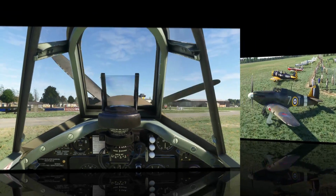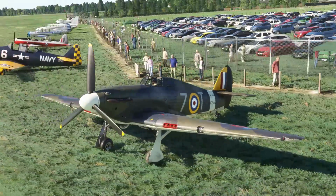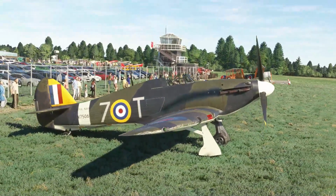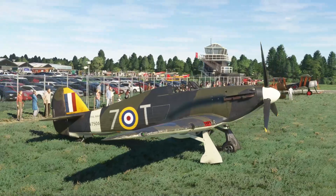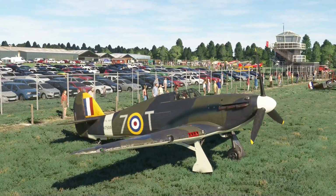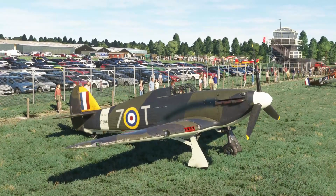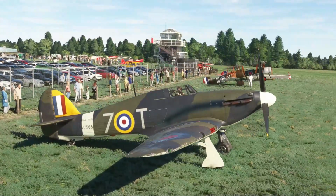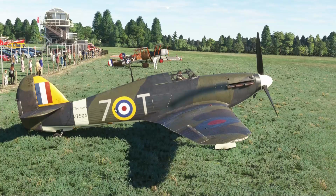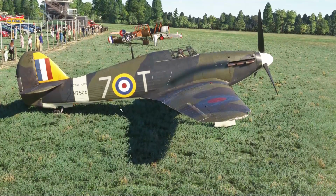Beautiful. And here we have the gorgeous 7 Tango Sea Hurricane, which, as I mentioned previously, is flown and stored at Old Warden, funnily enough, where I am at the moment on an airshow day. And pretty much exactly the same as the Hurricane Mark 1, except obviously this area of the fuselage must have been strengthened in some way skeletally, simply because